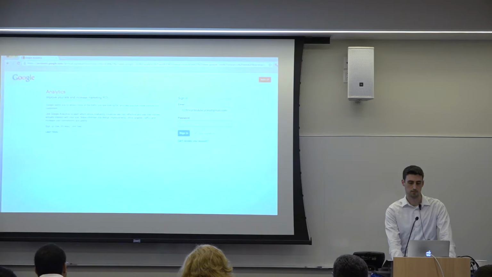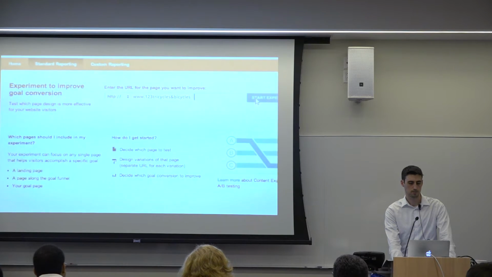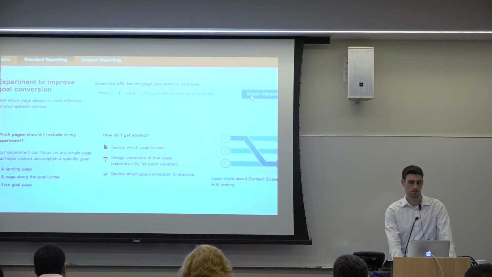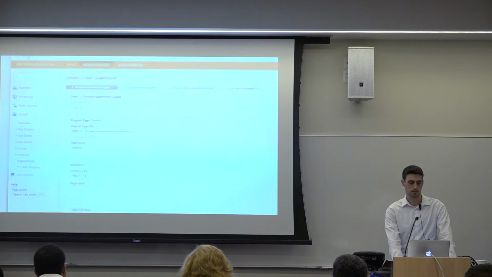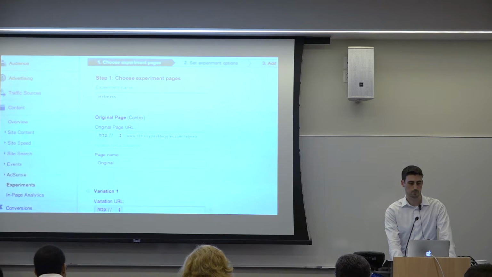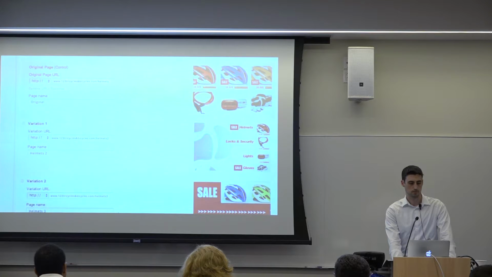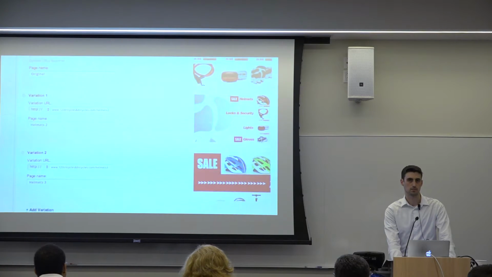After you design and publish your variation pages, log in to Analytics, and under the Content section, click Experiments. Click Start Experimenting to open the wizard, and let it guide you through the setup, including how to add the experiment code to your original page. First, you'll add the URL for the original helmet page, along with the 2 new variations that you've created and uploaded. Click Next to